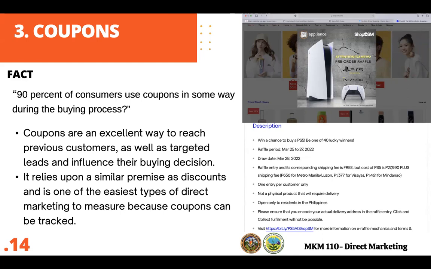When I clicked that, there was a description shown below, which says the raffle will be on March 25 and 28. With that, of course, if you wanted to have a raffle entry, you might as well think of using this. So it's that easy. There are a lot of other different advertisements or information that we could really rely on with the coupons that they are sending to us.